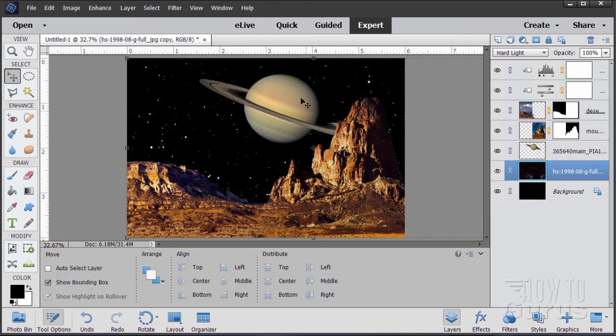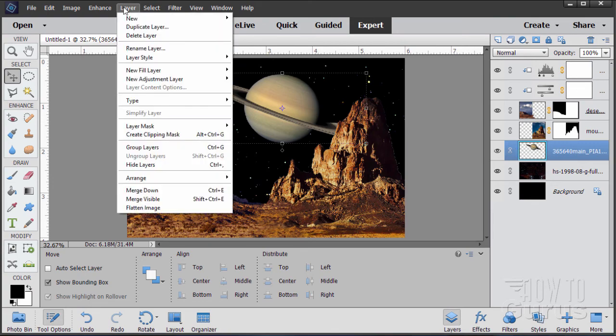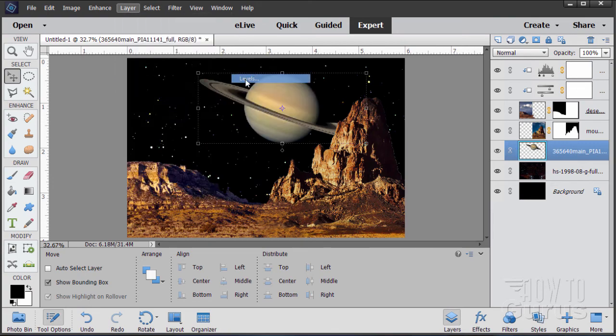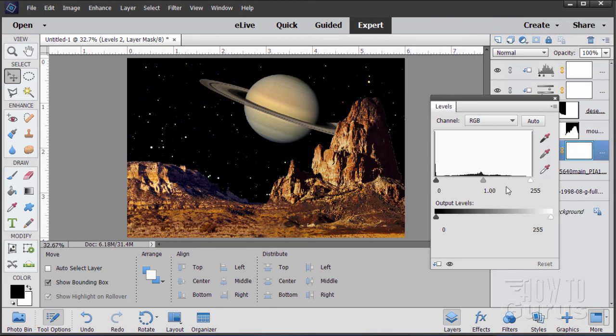Last thing I want to do now is just kind of punch up the values here in Saturn. So go to the Saturn layer, and let's put a layer adjustment on this. So layer, adjustment layer, levels right there, and use previous layer to create clipping mask. Check that, choose OK. And we're just going to be bringing up the brightness over here on the right hand side. So as I bring it up and get real bright in there, that's what we're doing. And it doesn't need much. Bring it up to about